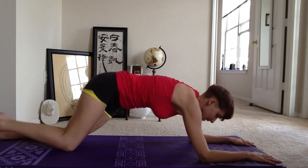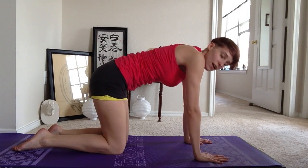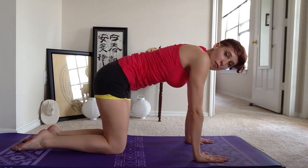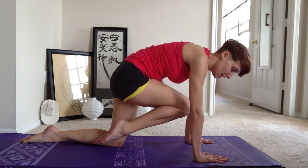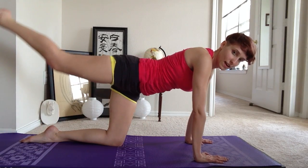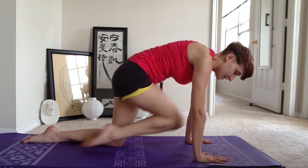Come onto your hands and knees. And we'll work the backs of our legs a little bit, kicking our legs in and out. You're going to bring your knee in, pointed toes, and on the exhale, we'll kick out and up. So inhale, exhale, 1,